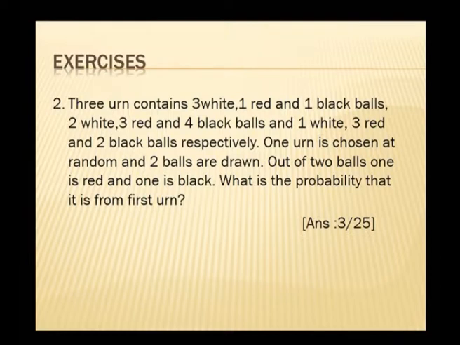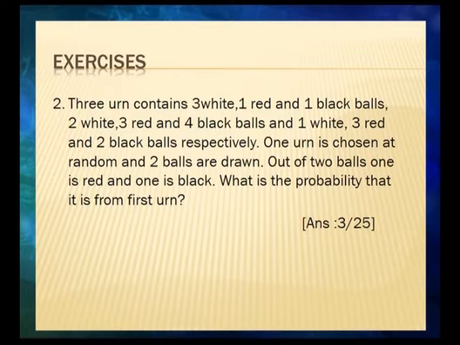First one, in a bolt factory, machines A, B and C manufacture respectively 20%, 45% and 35% of the total. Out of their output, 3%, 5% and 4% are defective bolts. A bolt is drawn at random from the product and is found to be defective. What are the probabilities that it was manufactured by the machines A, B and C respectively? And the answer given is: first case 0.14, second case 0.53, third case 0.33.